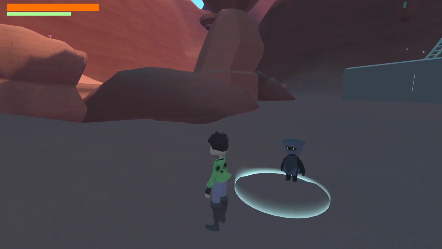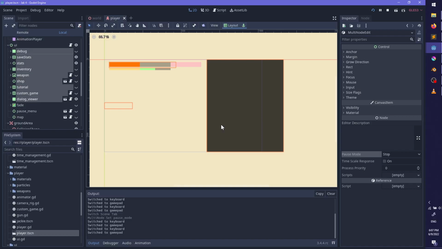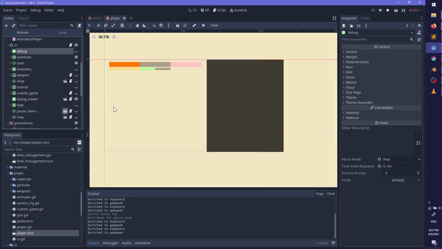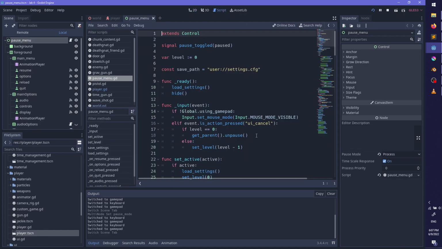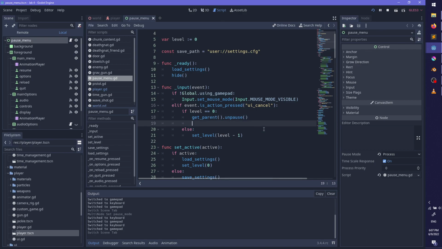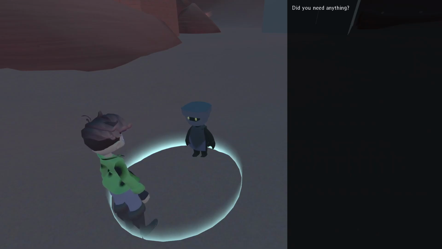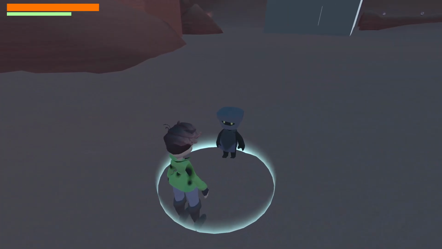I hate how it doesn't mark it as handled. Can I just mark input? Okay.